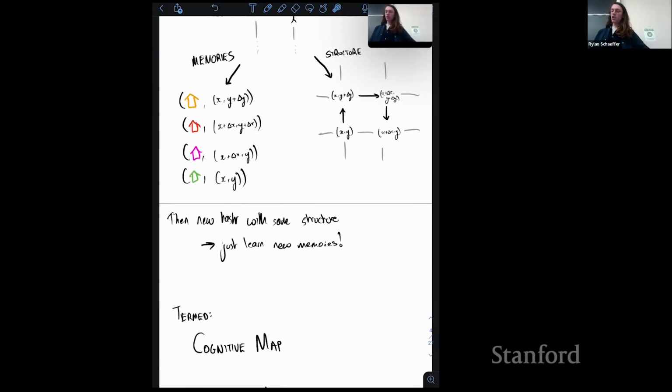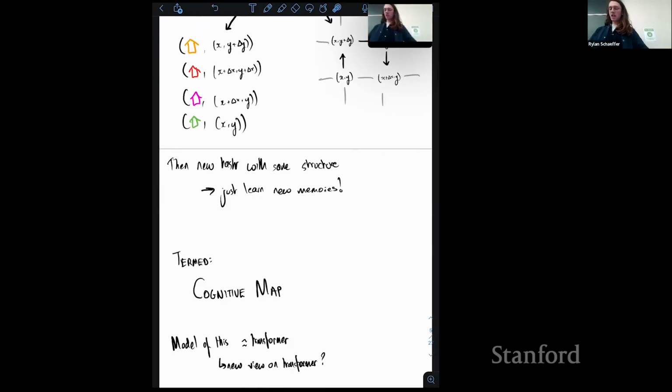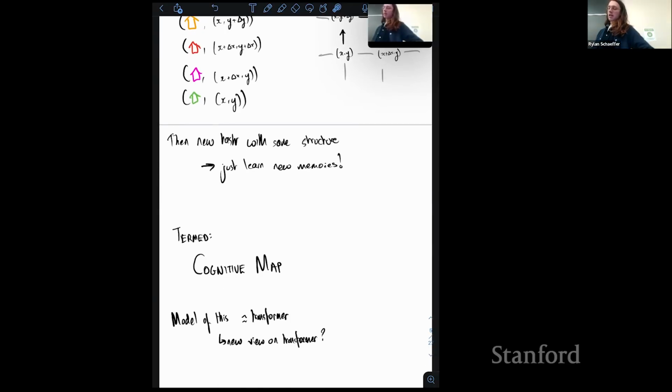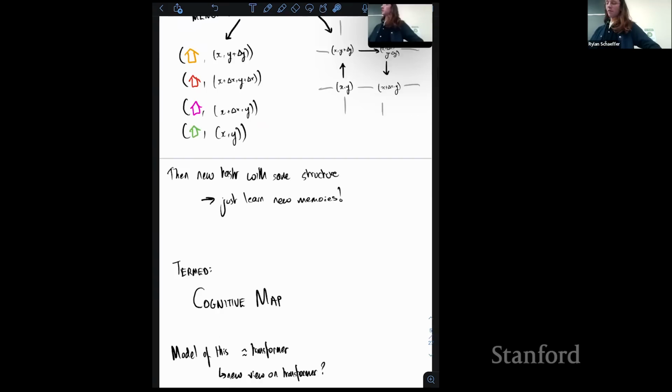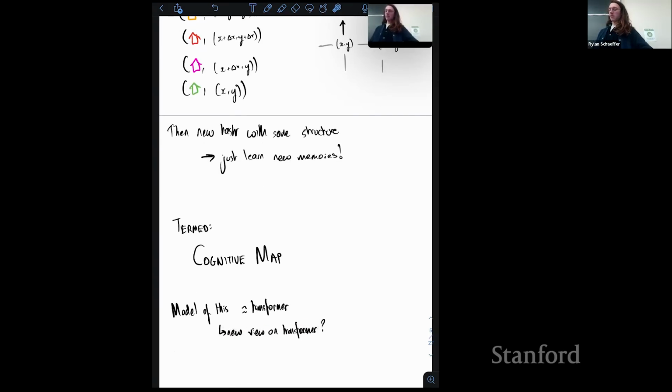So this is what neuroscientists mean by a cognitive map, this idea of separating out and understanding the structure that you can reuse in new situations. And this model that was built in the lab is a model of this process happening, of this separation between the two of them and how you use them to do new inferences. And this is the bit that's supposed to look like a transformer. So that's the general introduction, and then we'll dive into it a little more now.